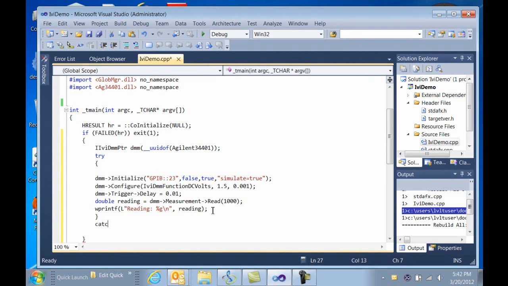The next thing I'm doing here is some additional error checking. So I've added the try block and then the catch, the COM errors at the end. And then I can print out an error message if I do have an error in my program. And then finally,